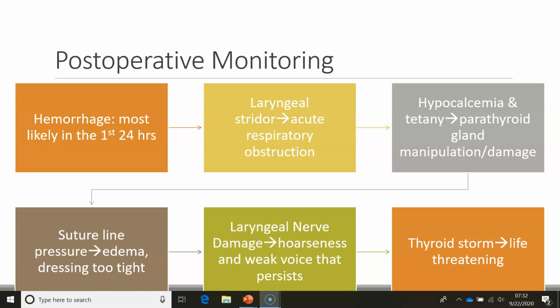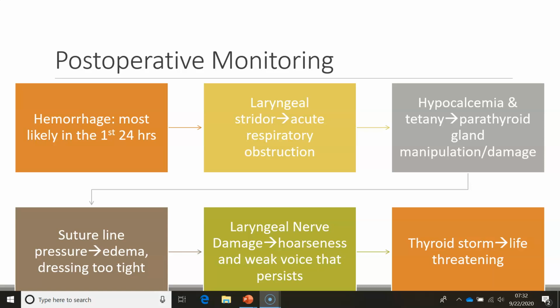Post-operative monitoring, of course, we're going to monitor for hemorrhage, which is most likely going to occur in that first 24-hour period. They also may have laryngeal stridor, which is that high-pitched respiration due to an acute respiratory obstruction, which would be a medical emergency. You also are still monitoring for thyroid storm, so you're still taking that temperature more frequently and looking for even that 1 degree change. And that, again, would move them into the critical care realm, which would move them